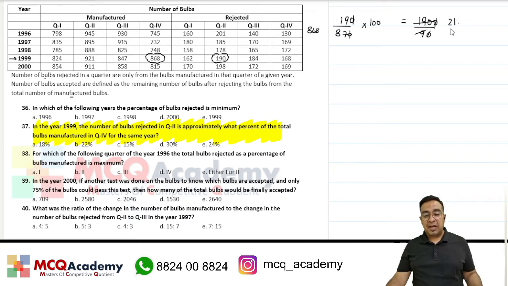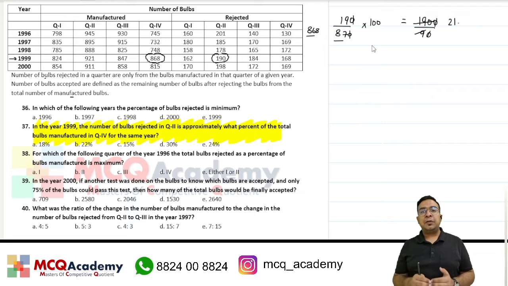एक बहुत इंपॉर्टेंट चीज यहां पे याद रखिएगा, अगर आपने डिनोमिनेटर को फॉर द पर्पस ऑफ कंपैरिजन, फॉर द पर्पस ऑफ अप्रोक्सीमेशन इंक्रीज किया है, तो बाद के स्टेप्स में भी अगर जरूरत पड़े तो डिनोमिनेटर को इंक्रीज ही कीजिए। सो 868 को हमने 870 में कन्वर्ट किया था, तो 87 को 90 में कन्वर्ट करें, so that we are clear about the direction in which our answer is going। So 21 point something is the value that we get here। हमने अपने डिनोमिनेटर को इंक्रीज किया था, which means